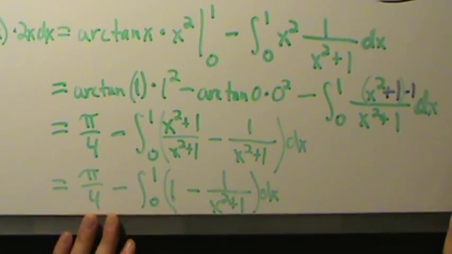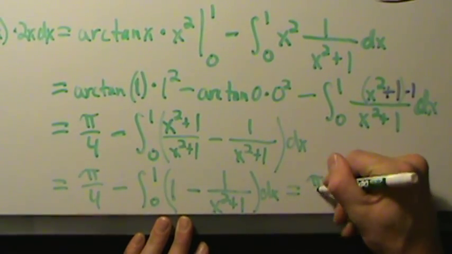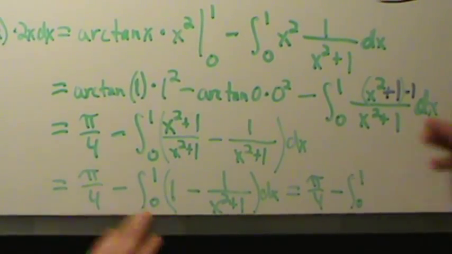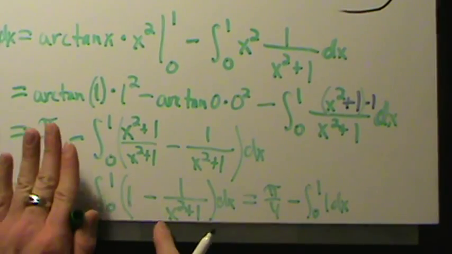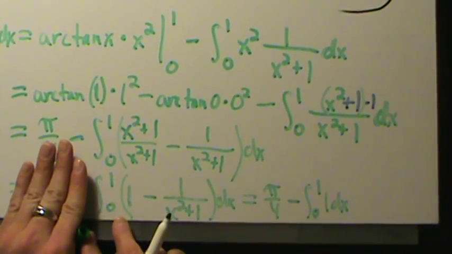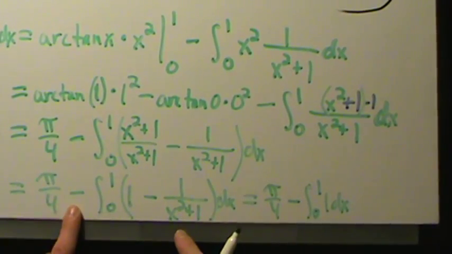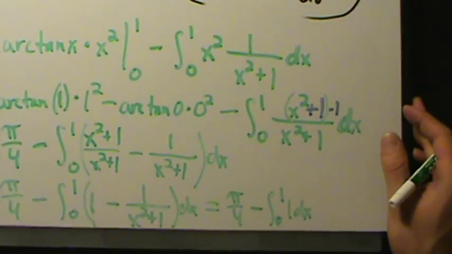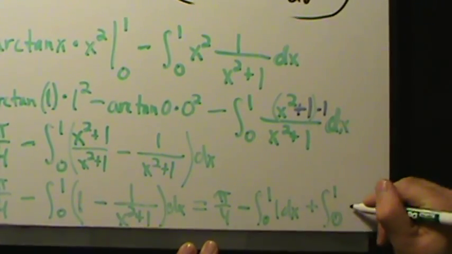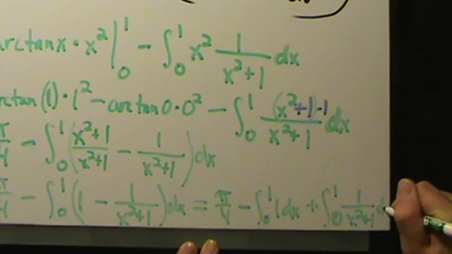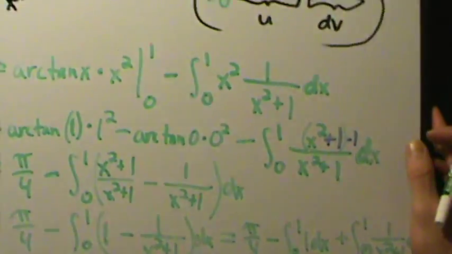Now let's go ahead and split this up into two integrals. Maybe I could have done that in the previous step, but let's do that here. So pi over 4 minus the integral from 0 to 1 of 1 dx. Then what I have here is minus minus. If I split this guy up into two integrals, it's the integral from 0 to 1 of 1 dx minus the integral of this guy dx from 0 to 1. But I'm subtracting the whole thing, so minus minus becomes plus. So what I really have is plus the integral from 0 to 1 of 1 over x squared plus 1 dx. I'm completely out of room over here, so I'm going to come back up to the top